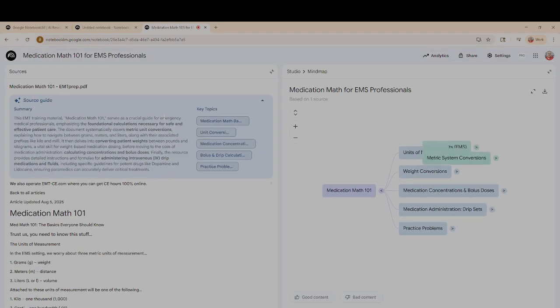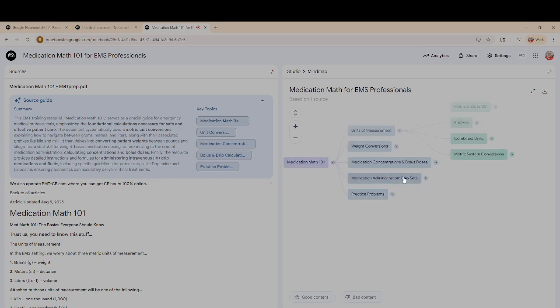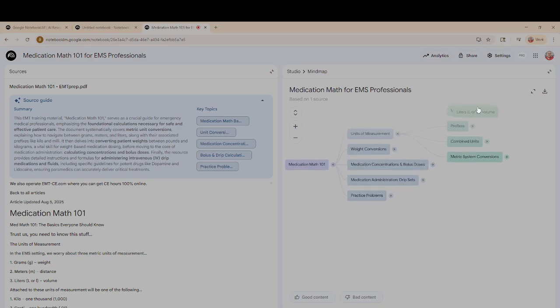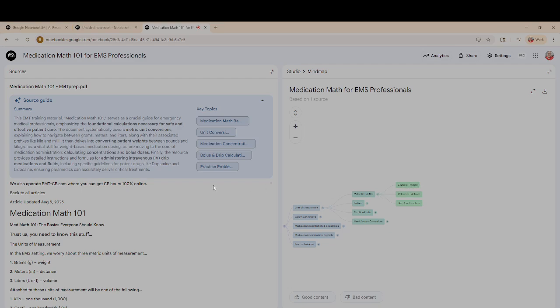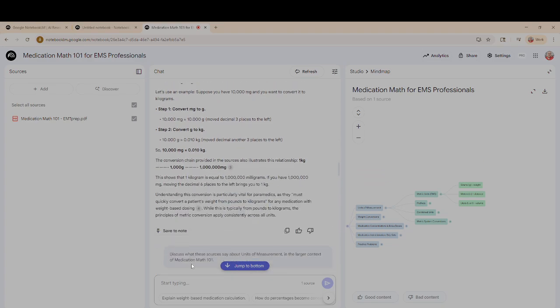Say, okay, units of measurement. So I want to know more about units of measurement. So it's going to say, okay, units of measurement, this is kind of what's going on. Okay, metric units of EMS, and I can dive into it. But not only that, it's going to give me the option to ask questions about it. So it pulls up all this information up here and says, okay, this is all your information. And I can say,